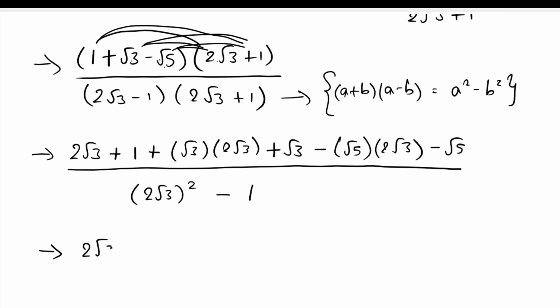Here we'll get 2 root 3 plus 1 plus root 3 into root 3 will become 3. So root 3 into root 3 is 3, 3 into 2 is 6, plus root 3. Here minus root 5 into root 3 is root 15. So this 2 as it is I'm writing, and root 5 into root 3 is root 15, minus root 5. The whole divided by,